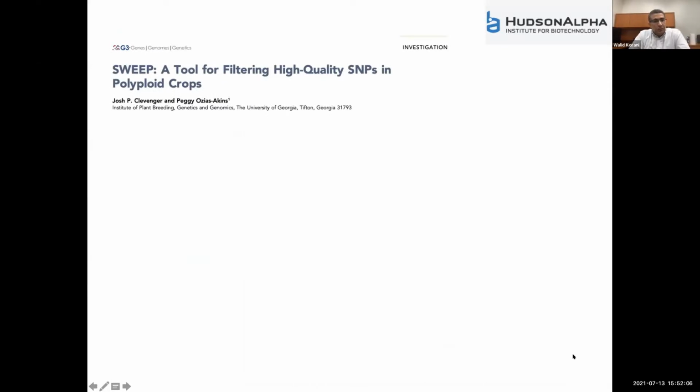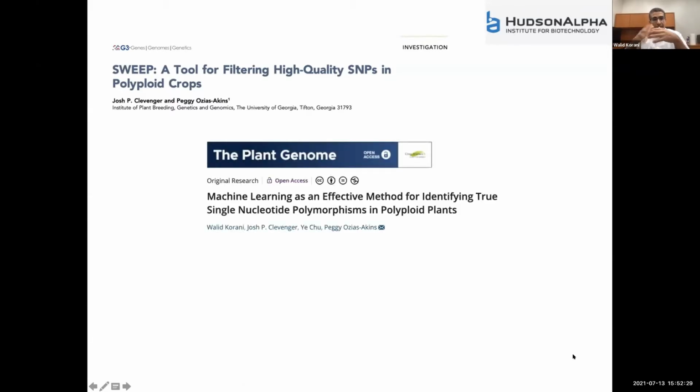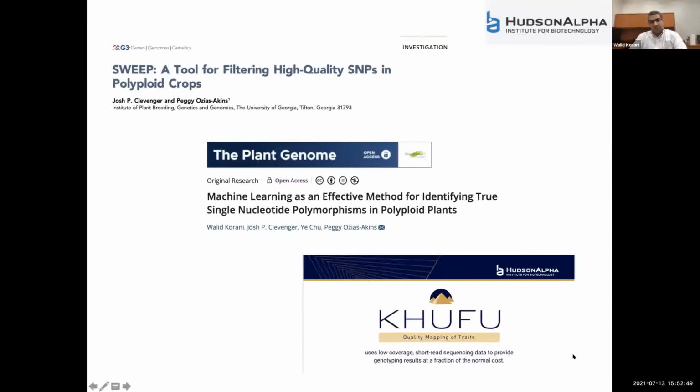Then Josh and Beggy developed SWEEP, as Josh mentioned, using the structure of two subgenomes versus the structure between individuals. Based on that, SNP chip 1 was developed, and the accuracy had a jump from 10% or less to 40%. Then using the information in SNP chip 1, machine learning was used to train models to call SNPs, and we had another jump to 80%, which was used for creating SNP chip 2. And finally, COFO. With COFO, we could get more than 90%, even with low depth,